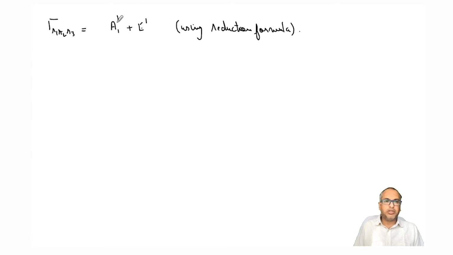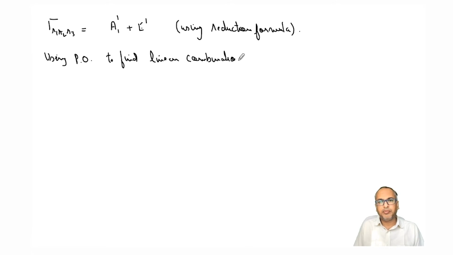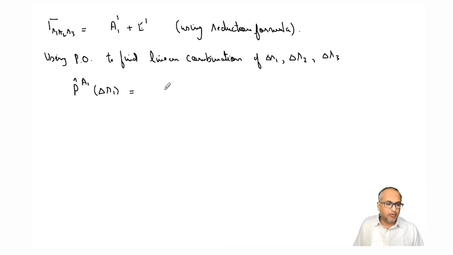Now we'll use the projection operator of this symmetry onto one of the functions in the basis set, using the projection operator to find linear combinations of delta R1, delta R2, delta R3. So the first one is very simple. If we apply the totally symmetric representation projection operator, what you will get upon normalization is